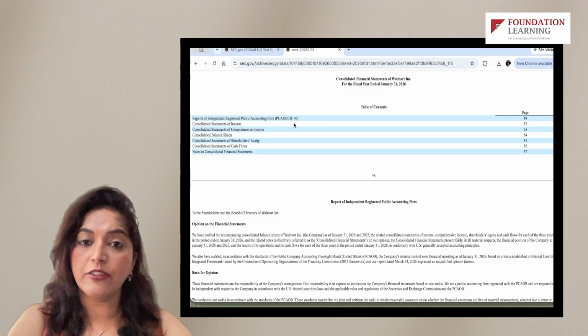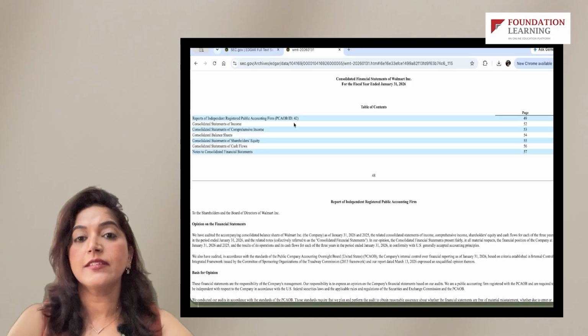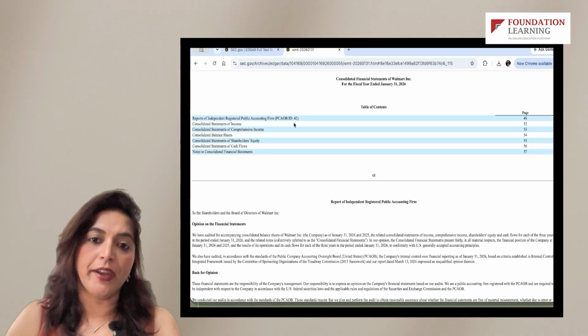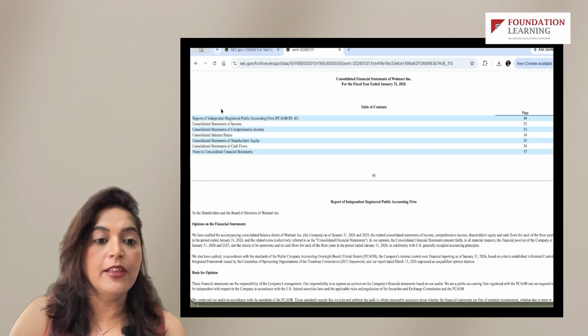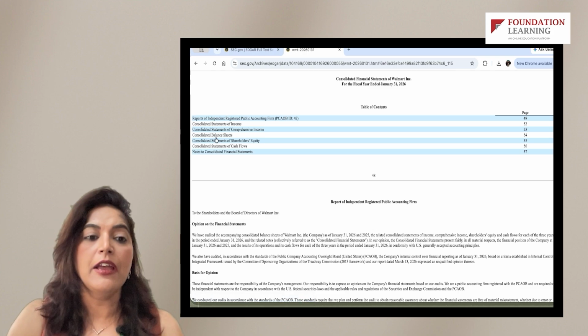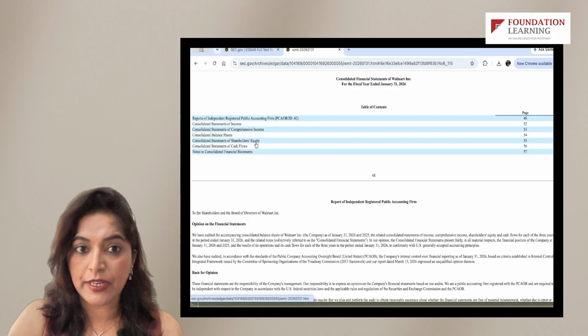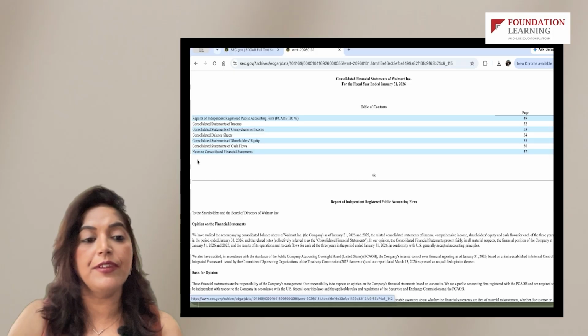Is it unqualified, qualified, adverse, disclaimer? All this discussion we will reserve for an audit lecture. Right now, we are going to discuss financial statements. We have the statement of income, the statement of comprehensive income, the balance sheet, the statement of shareholders' equity, the statement of cash flows, and then finally the notes to